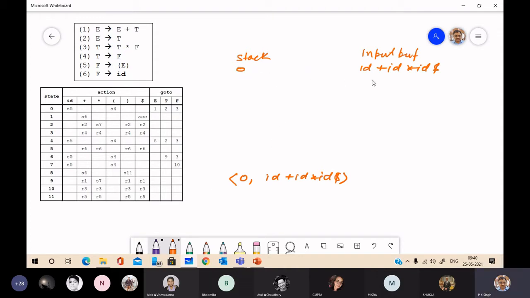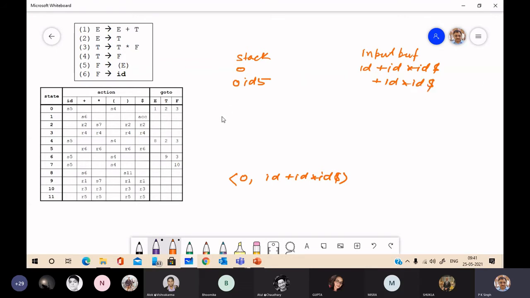Now 0 and ID will say about the next action. So 0 is this, ID is this. It will refer to the action field of the table: S5. It means shift ID. So you will get 0 ID. ID is shifted and the next state is 5. ID 5. And the content of the input buffer will be plus ID asterisk ID dollar.